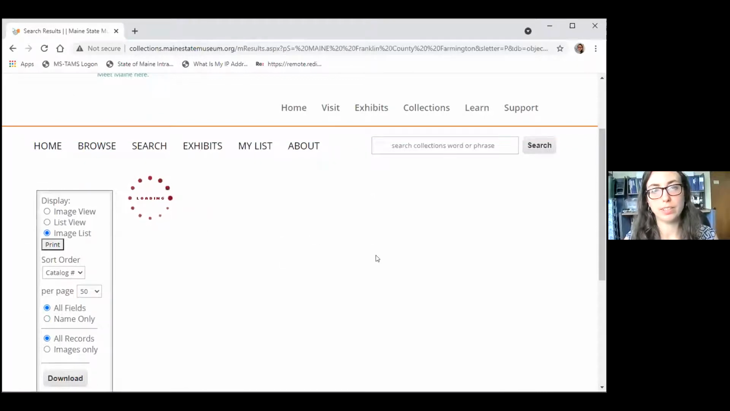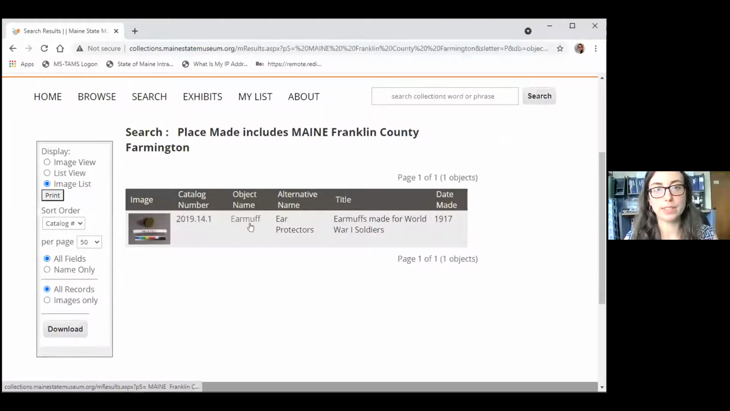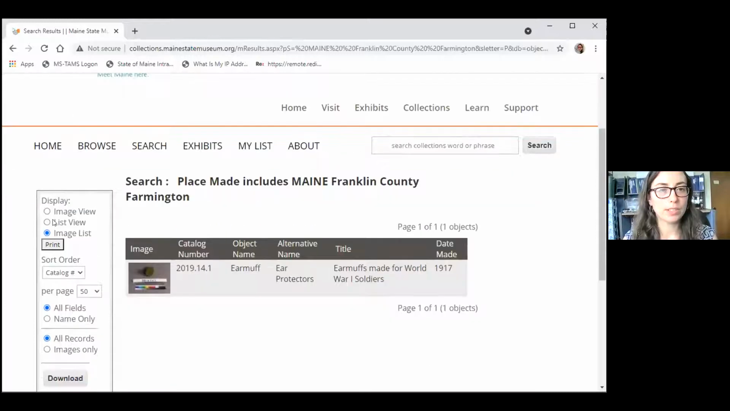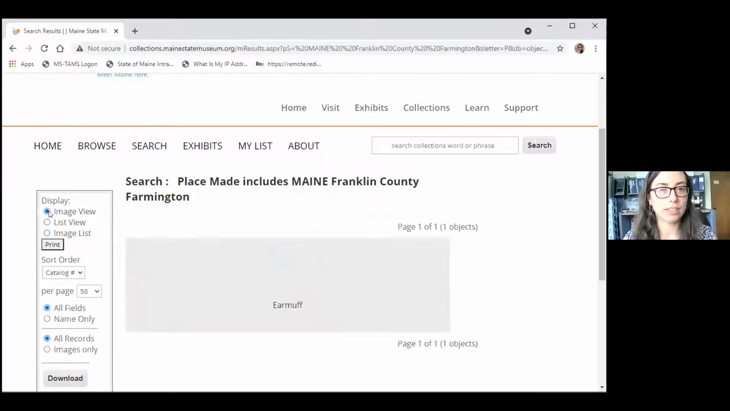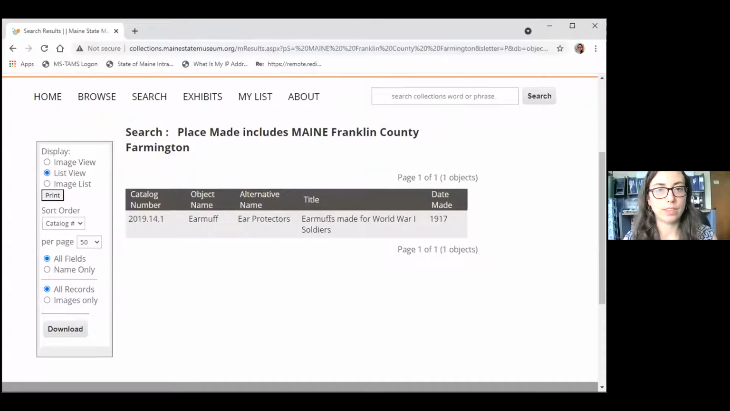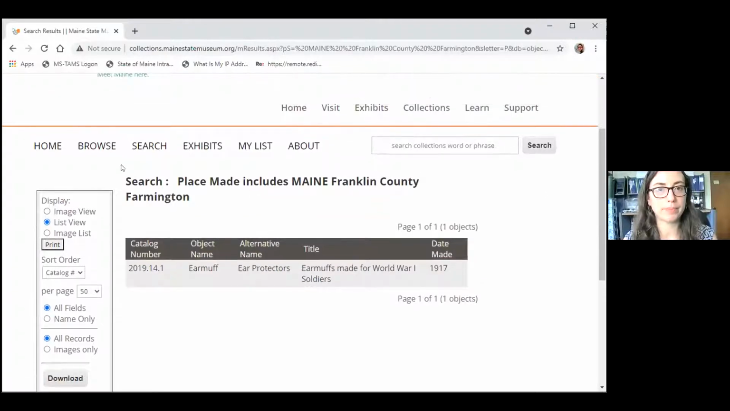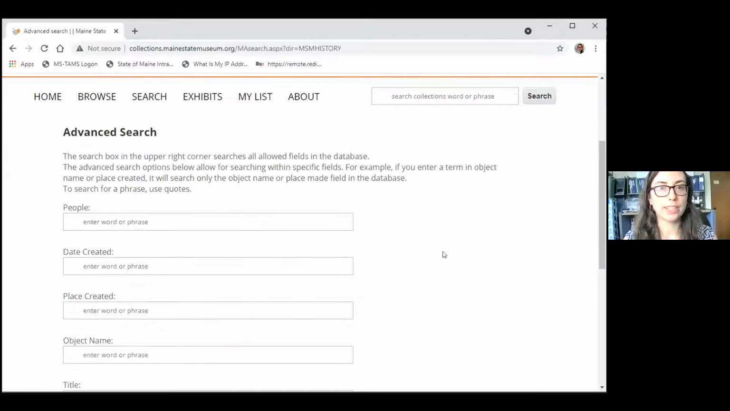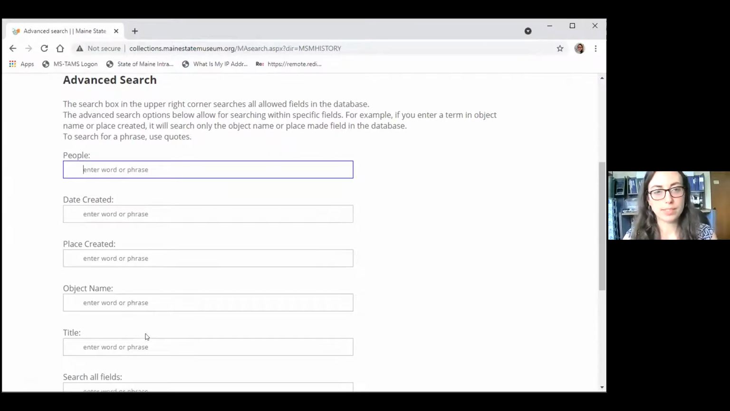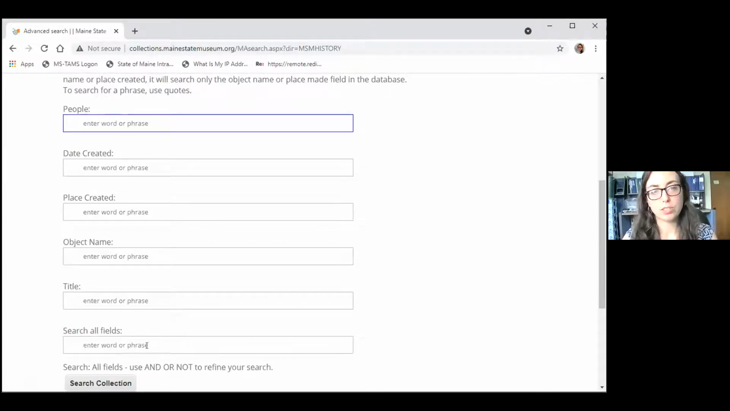They can go in here and see, in this case, oh, yep, earmuffs. So we've got the browse feature there. The display tab over here can change it to just images, or just the description here if you want to do that. The search tab is not quite as fancy as the advanced search that we saw Heather walk us through, but it does let you search by person, date, place, object name, title, or just a general all field